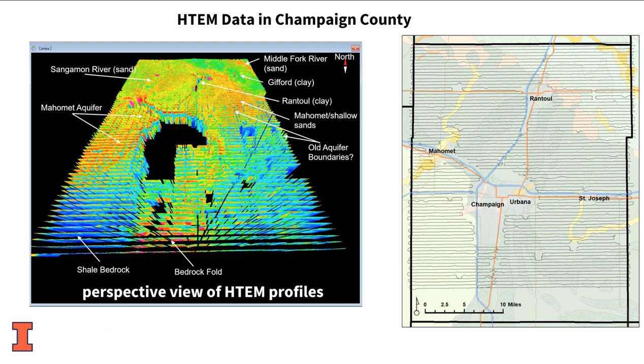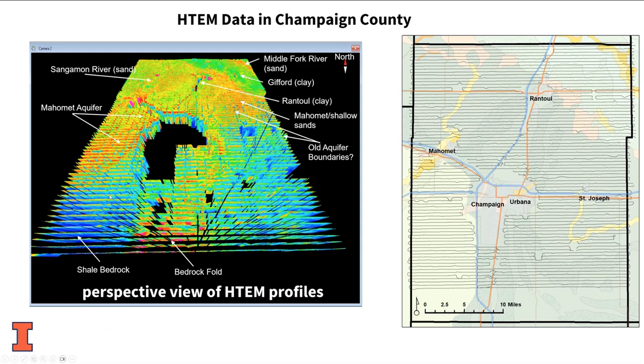But this is down where U of I is, where we are, where I'm sitting right now. And we have a similar situation in Champaign County where we have an aquifer in the subsurface that flows kind of northeast to southwest through the county. And with this